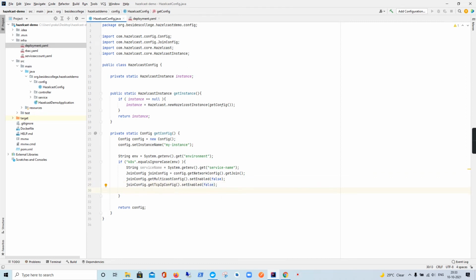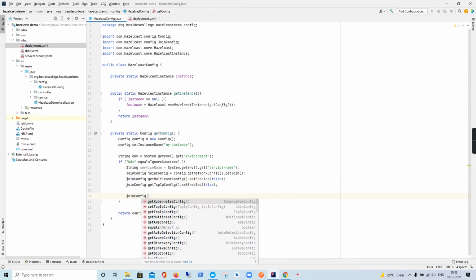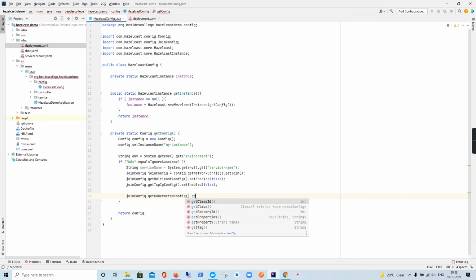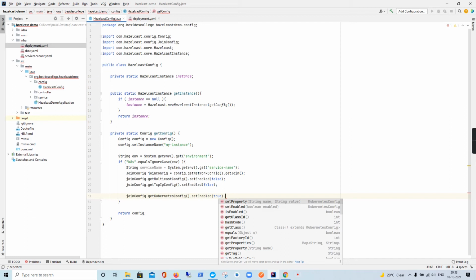Now we can enable the Kubernetes related configuration: getKubernetesConfig().setEnabled(true). And now here comes the metadata that we are talking about. We need to provide metadata like the service name and also the namespace that Kubernetes should be looking up so that it can form a cluster.